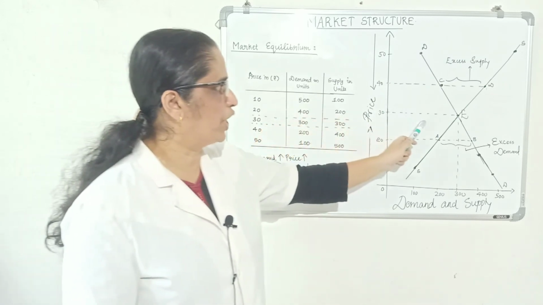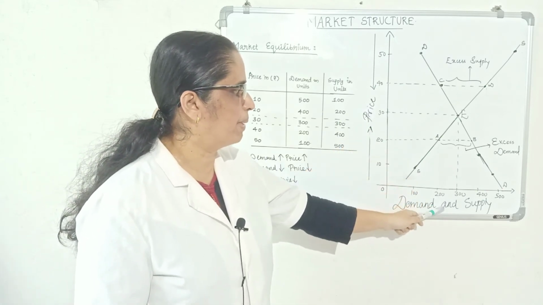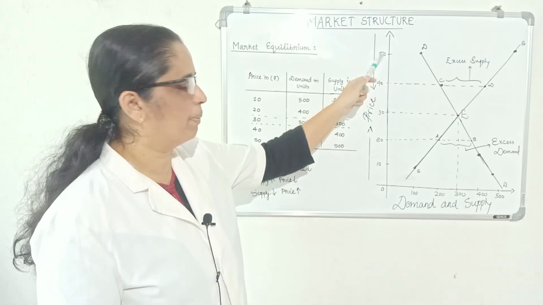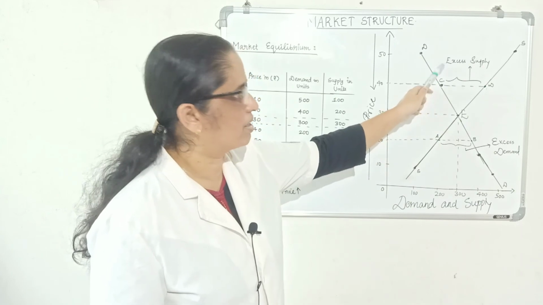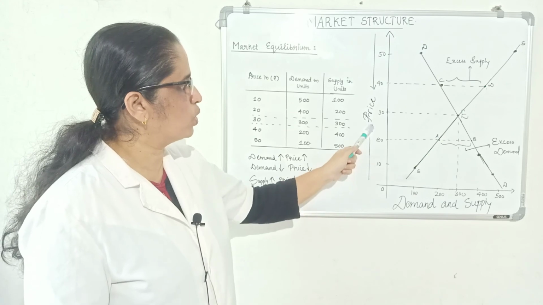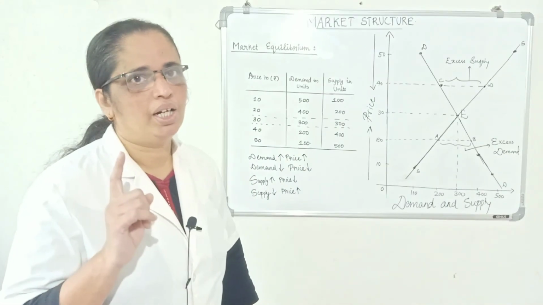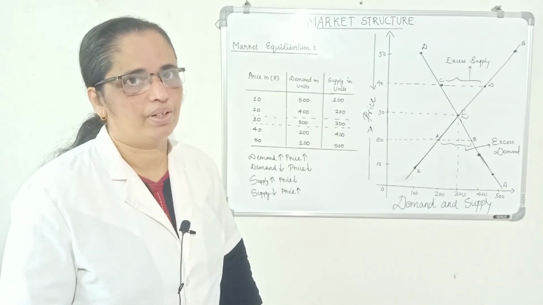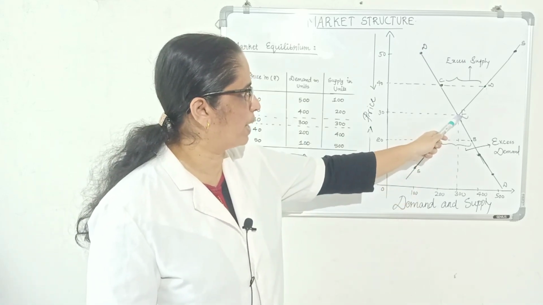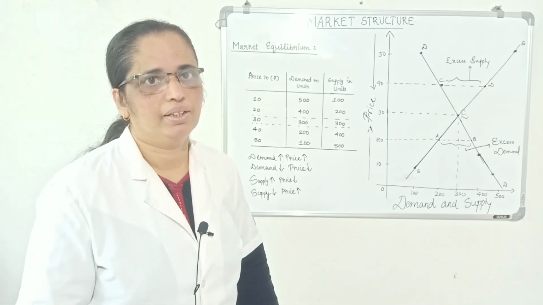Market equilibrium, schedule and diagram. Two important concepts, equilibrium price and equilibrium quantity. Prices below the equilibrium price and above the equilibrium price. Excess demand and excess supply. Excess demand, price will rise, tendencies on the part of the prices to rise. Excess supply means price will fall. At this point of equilibrium, demand is equal to supply. State of rest or balance. No pressures, no tendencies on the part of the prices either to rise or to fall. Okay? I hope you follow.